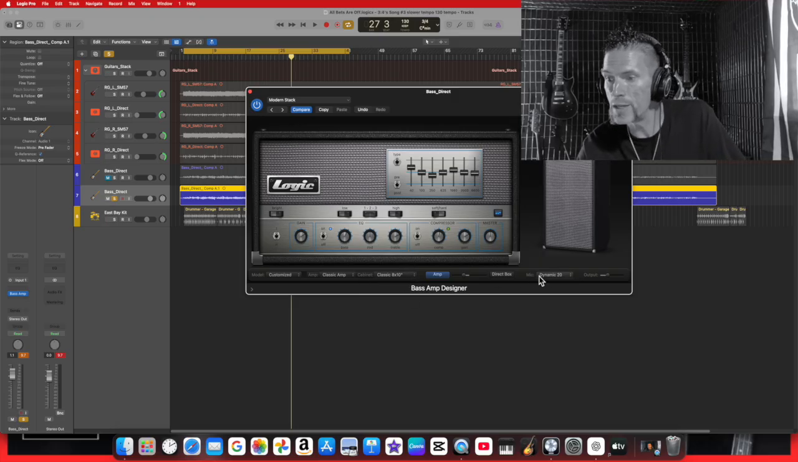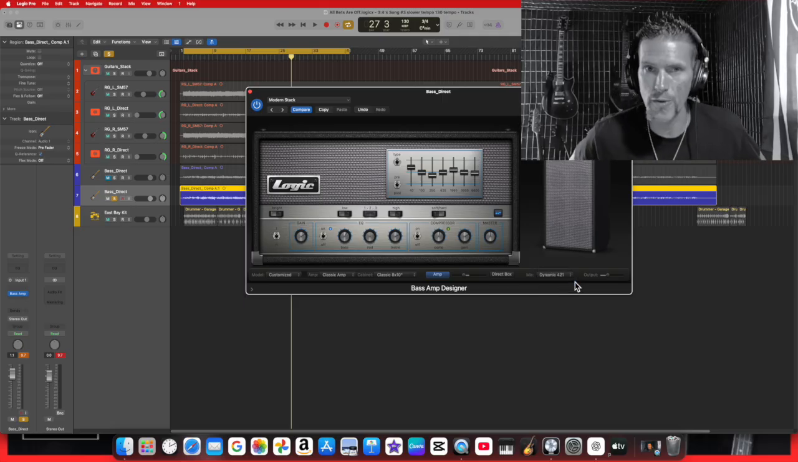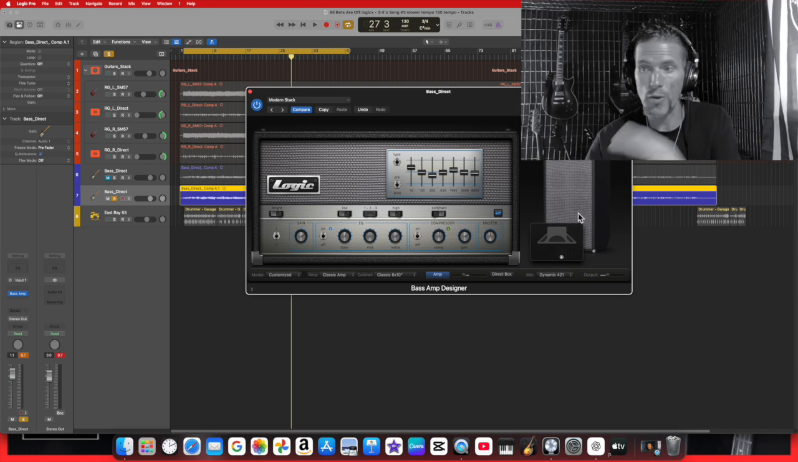And then this is your microphone over here, okay? So they've got a condenser 87. They've got, I love the dynamic. This is like a Sennheiser 421. Basically, look, it even looks like it. And let me show you one other cool thing about the microphone